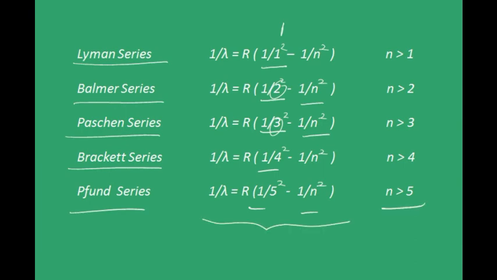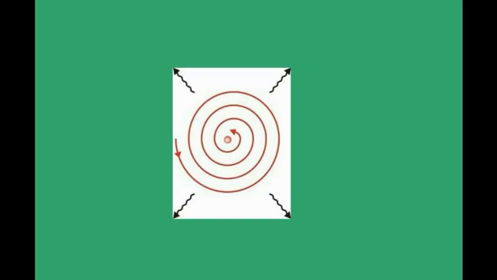And note this also. He said that the electron revolves around the nucleus, right? But according to electromagnetic theory, any accelerating charge should give out radiation. Hence, if radiation is given out, it should lose energy, and finally it should lose all of its energy and collapse into the nucleus. This is what should happen, but it doesn't happen. Electrons don't collapse into the nucleus, and an explanation is not given by Rutherford's model of atom.